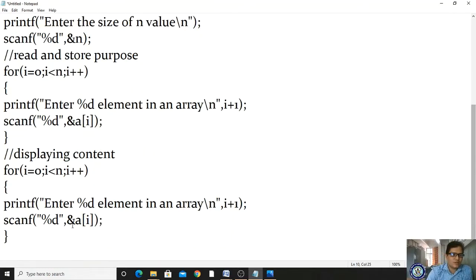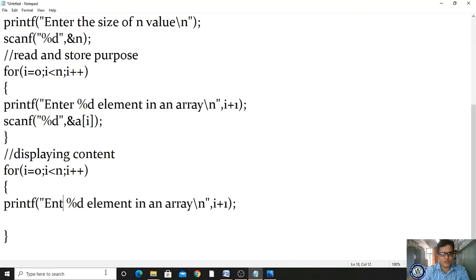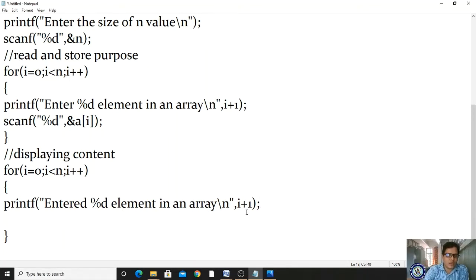For displaying we need not be bothered about "enter". Here it is not "enter"; it is "content of". Printf "Entered %d element in an array is %d", with i plus 1 comma a[i].